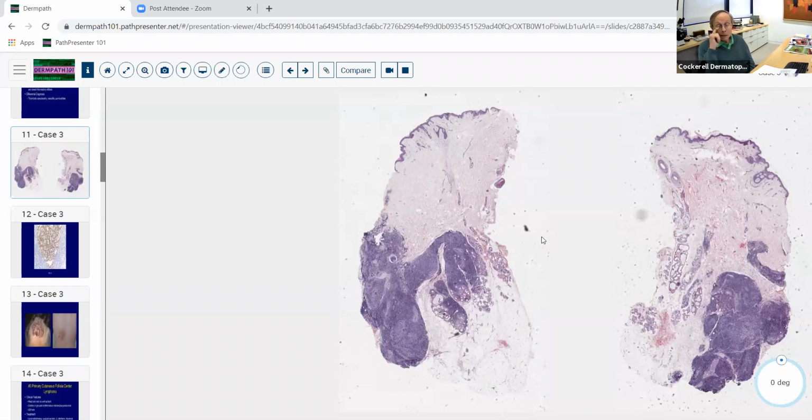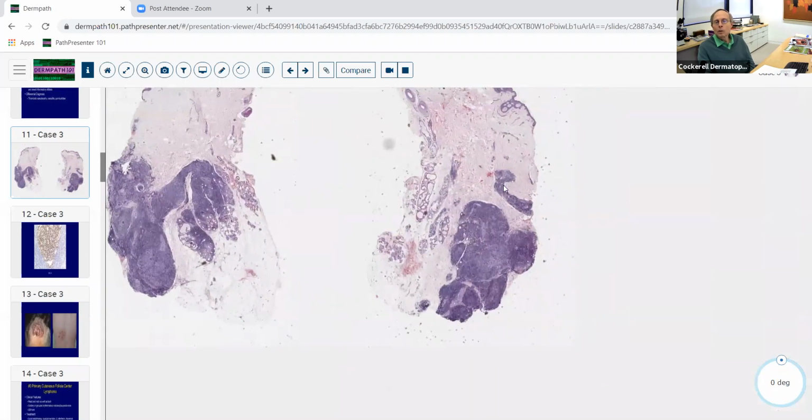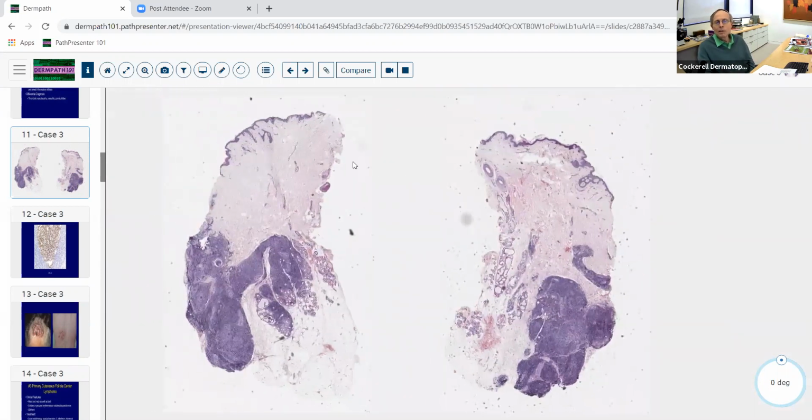And notice that it's kind of got this teardrop shape morphology here. And that's helpful in this condition. There's another one on this side. So it almost looks like these little teardrops, if you will, kind of dripping down from the upper part of the dermis. You can get involvement in the upper part of the dermis, but when you see a lesion